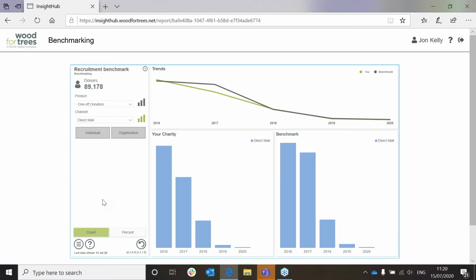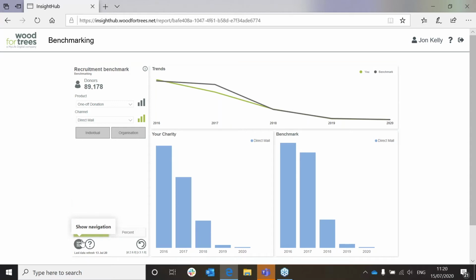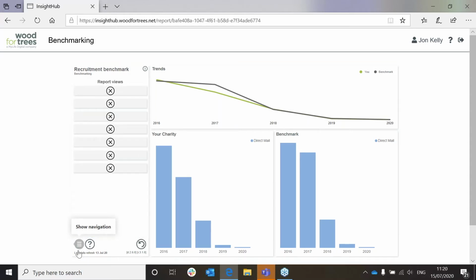What I want to do now is understand a little bit more about those one-off donors, and particularly the digital recruits, so I can see what that can tell me, how I can use that, and how that compares against the rest of the sector. So if I click back to the navigation pane,